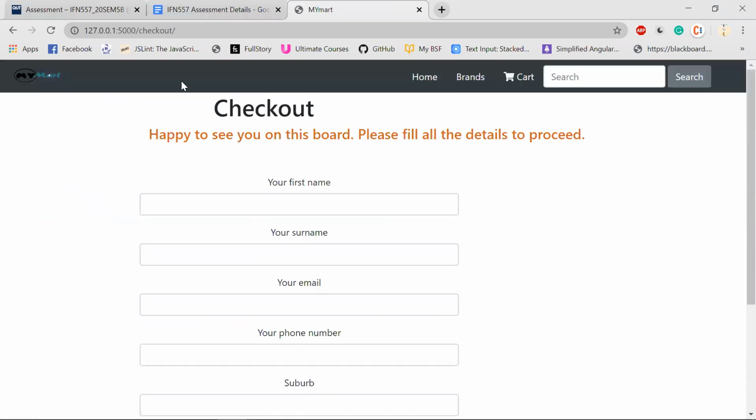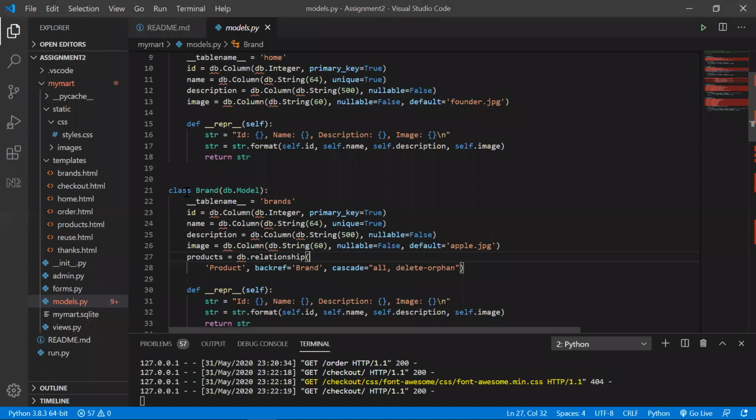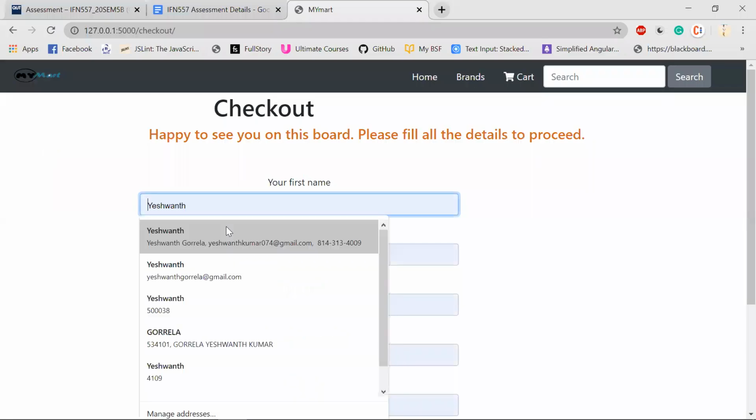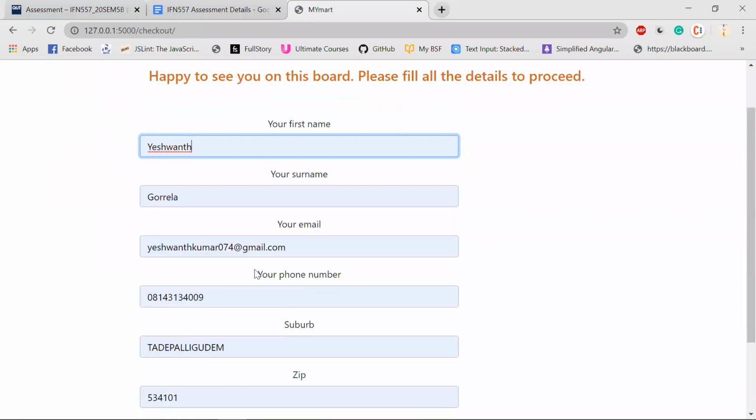So this form is WTForms. See, I can show you in my code. See, it is WTForms. So as I said, we are using some inheritance. See, without writing the code again and again, I have simply used the inheritance properties to access the properties of the parent class. So here these are my forms, and when I fill in my details here, by giving everything, it will take the data.